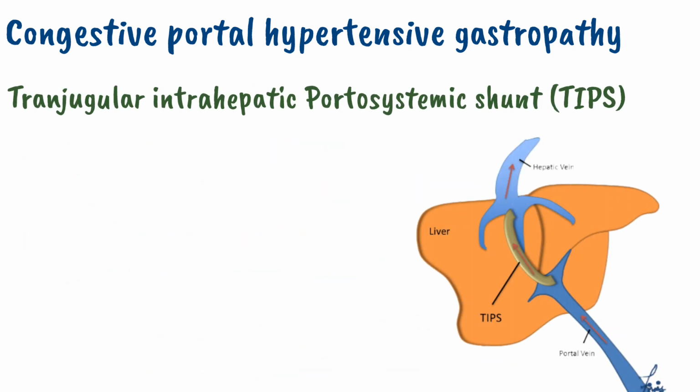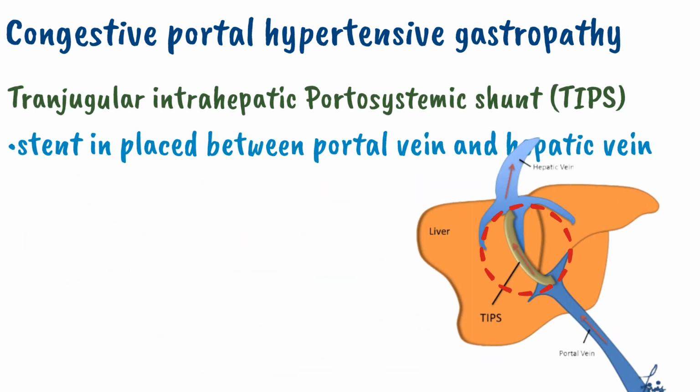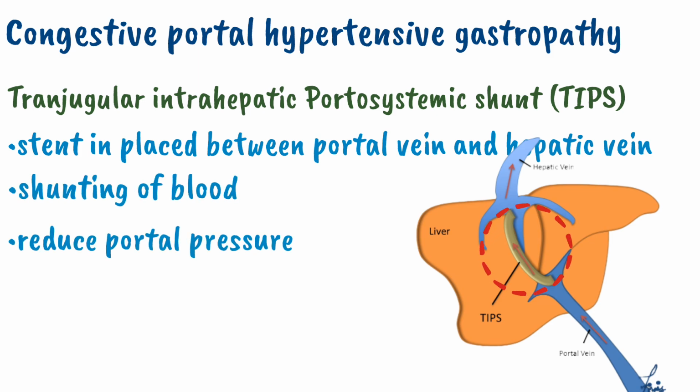In the TIPS procedure, a stent is placed between the portal vein and the hepatic vein. So in this way, there will be a shunting of blood and it will reduce the portal pressure. So it was all about the